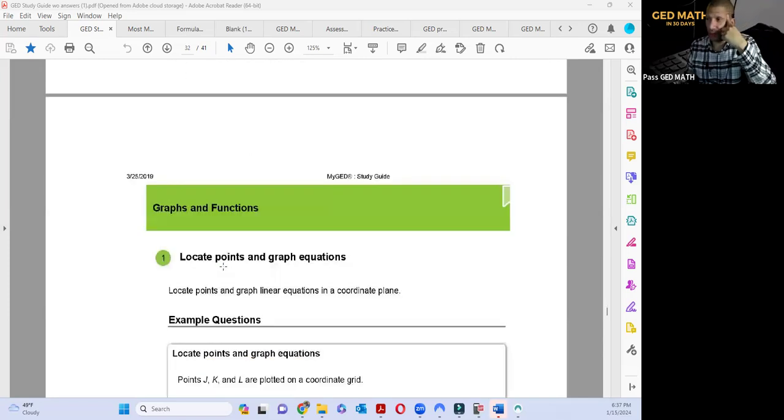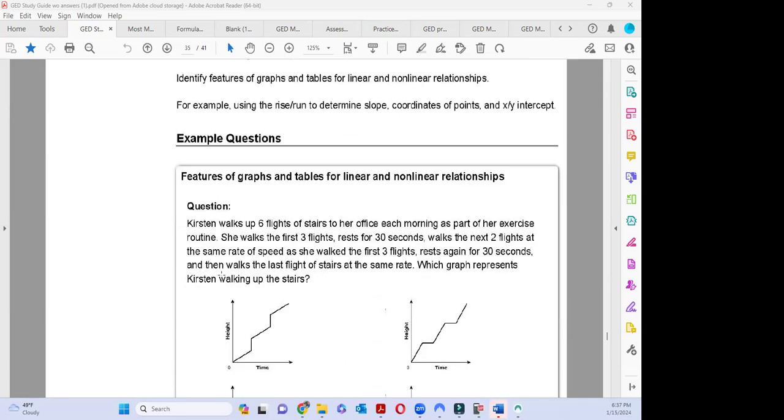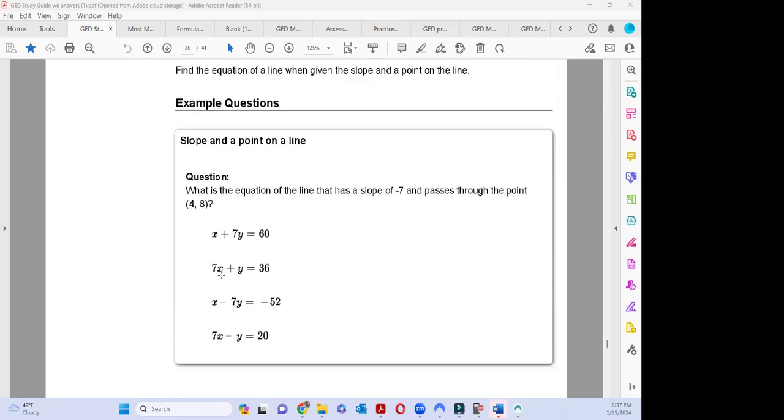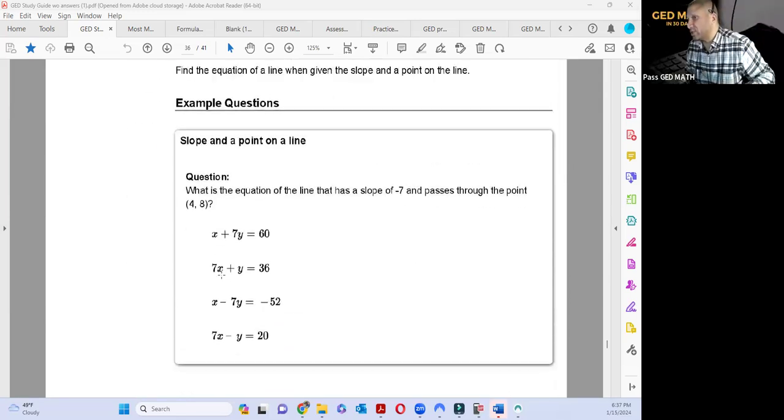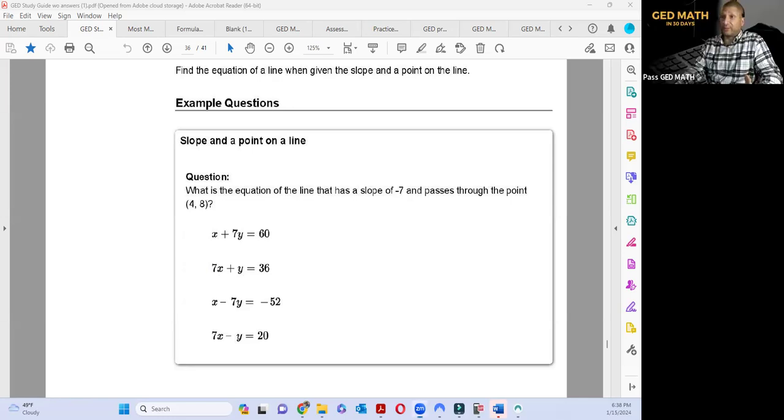Again, linear equations are going to be 7 to 10 questions on your exam. You have to be ready for linear equations. What is the equation of the line that has a slope of minus 7 and passes through the point 4 comma 8? Okay, so I'm going to tell you right here. Listen, I can't tell you what to do, but what I do know is this. I know if I'm given